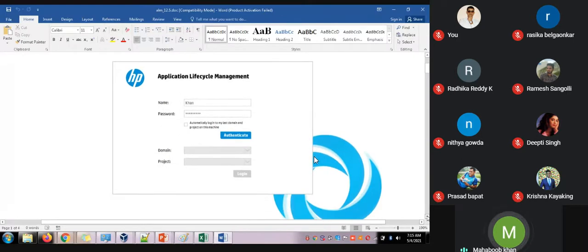When you see the application, the application life cycle and the login part will be the same. The same we have right here.